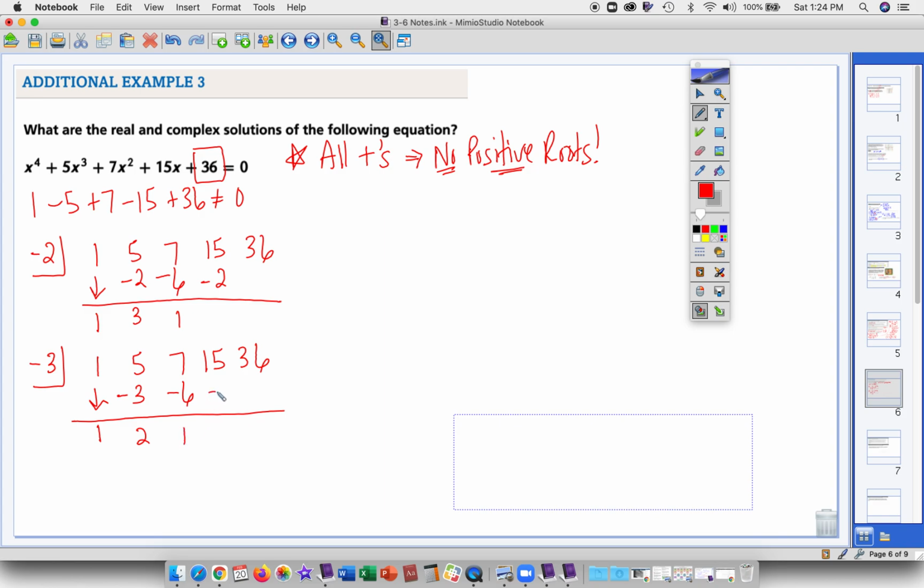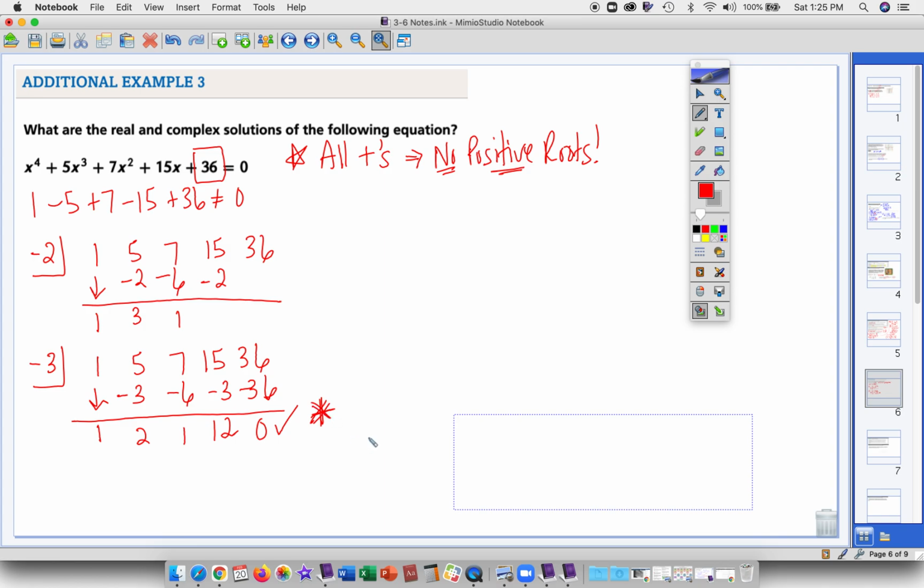Negative 6, 1, negative 3. Oop, there's 1, right? 36, negative 36 gives me 0. Okay, that is a negative there. Kind of blended in with the 3. Okay, that's good. Now, here's another thing I want to keep in mind. Another important tip for today